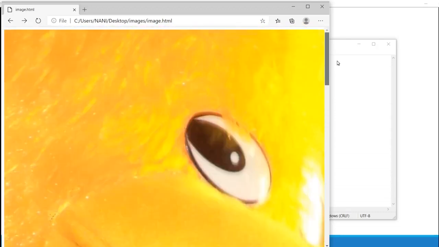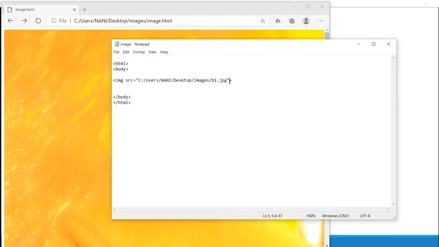For that, what are the attributes that are used for this? Height and width. Height equals 200 and width equals 100. So the image is compressed.